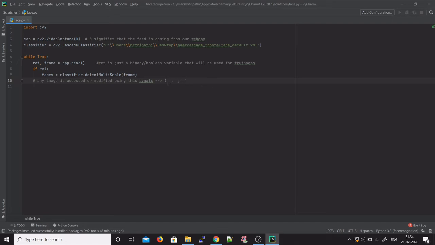These are 8-bit images, so the range for these values of intensity goes from 0 to 255. 0 means it is totally black, there is no intensity of your color, and 255 means it's the maximum possible intensity.